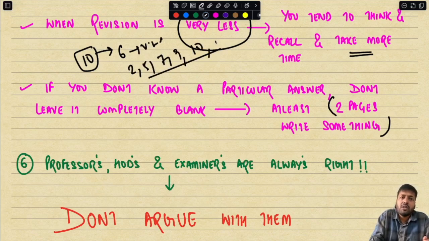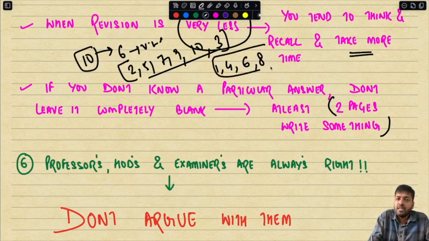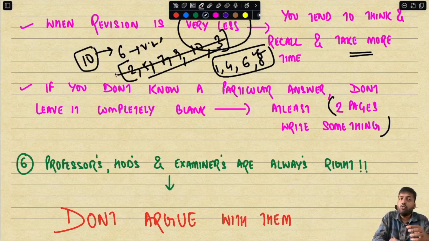And for example, question number 3. Suppose these 6 questions I know very well. So what I will do is first complete writing these answers, because I know them very well. But for example, the answer to question number 3 or 4 or 6, or the answer to question number 8, these are difficult and I will have to sit and think. I know something about it, but I am not very sure. So you answer these questions in the end,